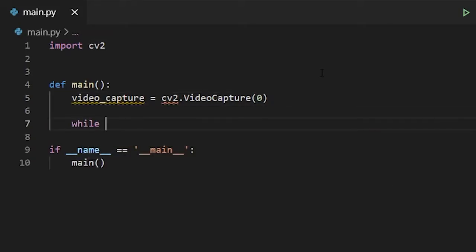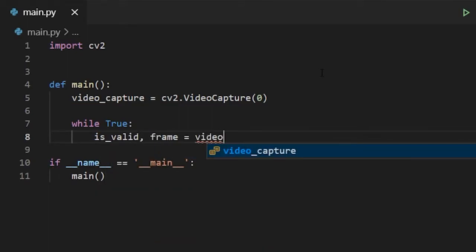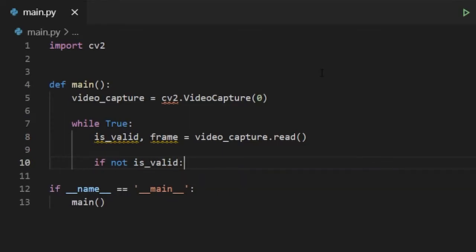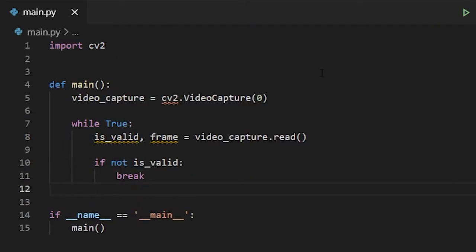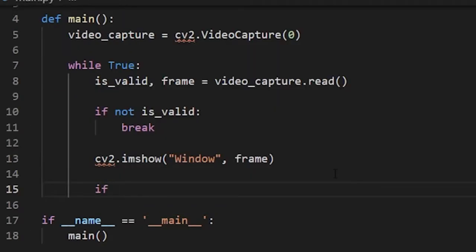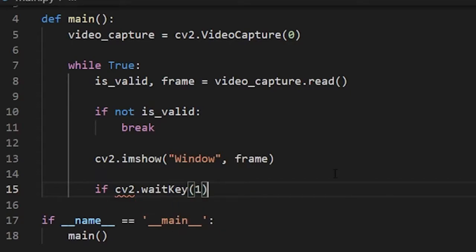Now we create a while loop that runs indefinitely, and we read the frames and check if the read was valid. If it was not valid, we just break the loop, but if it was valid, then we're going to go ahead and show it in a new window. So we pass in the frame and the name of the window, and we also need to add this conditional statement that basically